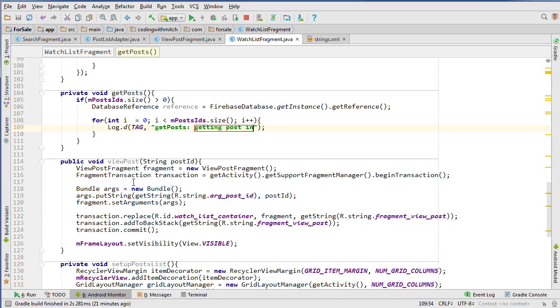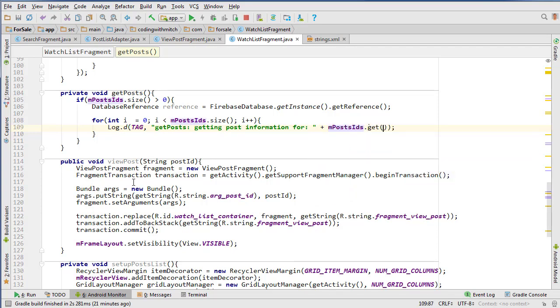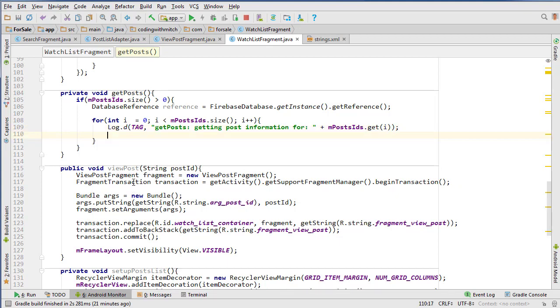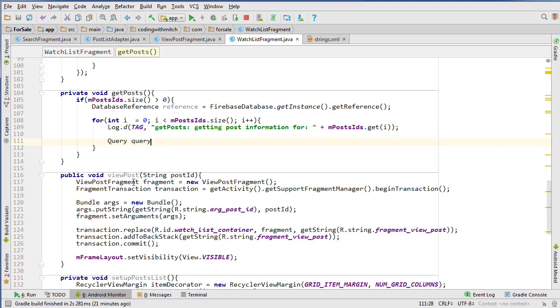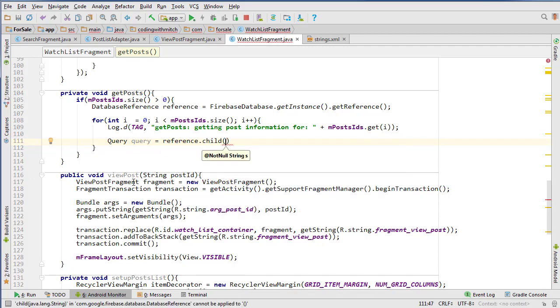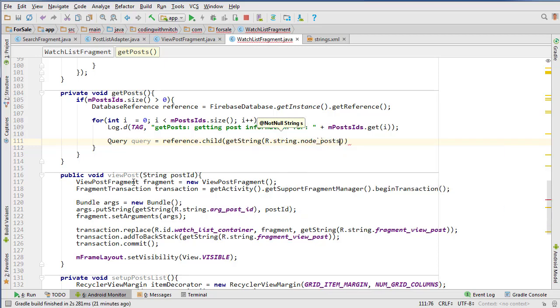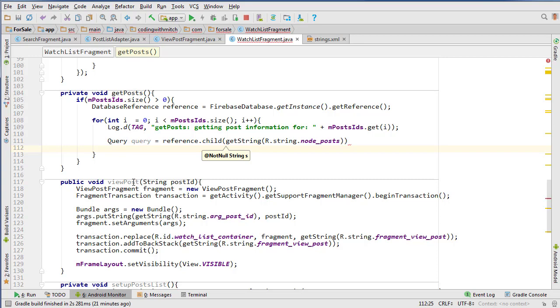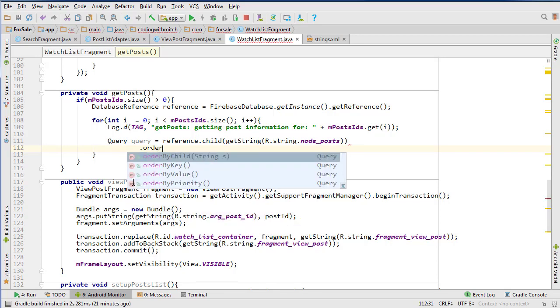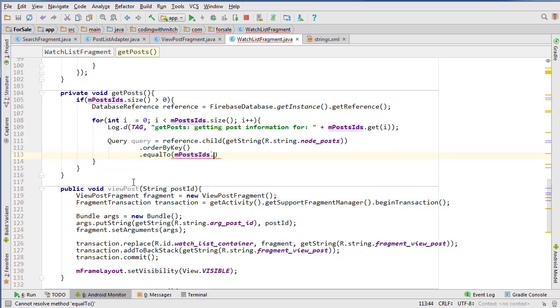So getting post information for post IDs dot get I. So create our query equals reference dot child, and this is going to be in the post node. So R dot string dot posts, so node posts. And then order by key should do it, order by key, and then do equal to mPostIDs dot get the one that we're talking about,